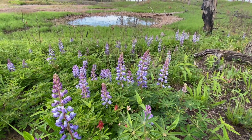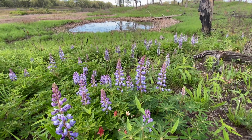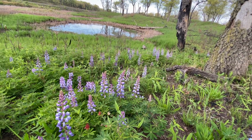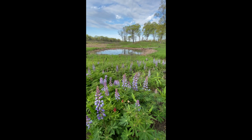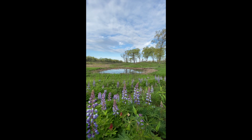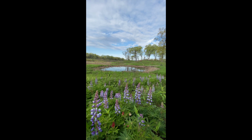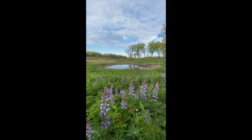Okay, so I'm looking at this subtle little shot of these lupine, this columbine, and this little pond here. Now, I am going to be shooting in a vertical crop. It's not really conducive with my iPhone, but I'm going to turn the iPhone really quick. I'm sorry about that. And you can see I've got my cell phone. This is a straight on shot. And I have my iPhone set to wide angle, which I absolutely love because I really use my iPhone to